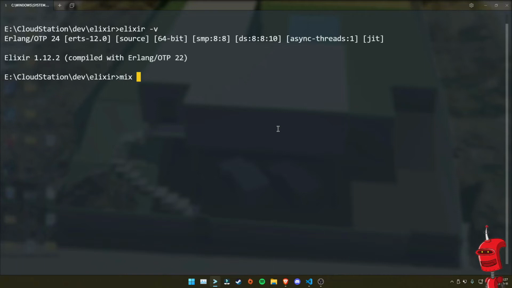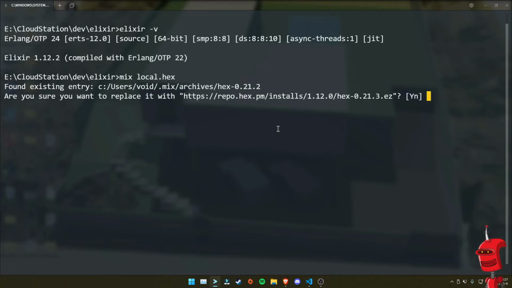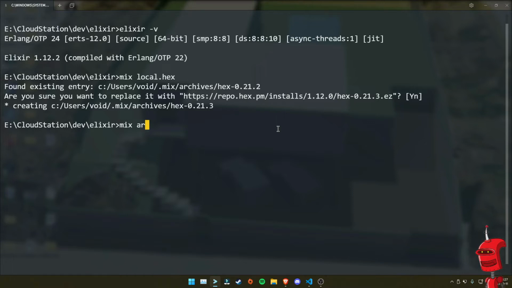So let's type in mix local.hex, and this will make sure that we have Hex installed locally. So we just press enter, and it assumes the most recent version. As you can see, I already had one version installed, but this is going to upgrade it to the newest version. Next, we need to make sure that we have a specific archive installed locally from the Hex Package Manager,